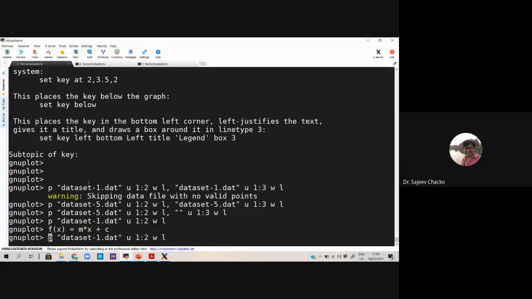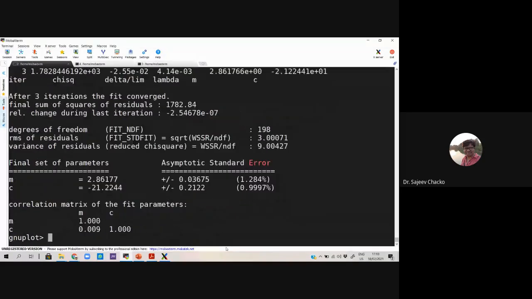Then the command is: fit f of x to dataset 1 dot dat file using 1:2, meaning 1 as x-axis, 2 as the y-axis, and then it has to be told which parameters could be changed, via m comma c. It did the fitting and it gave me the slope as 2 and y-intercept as -21.